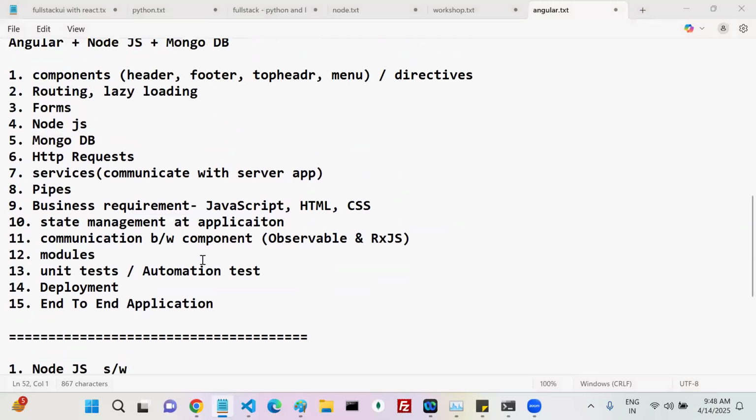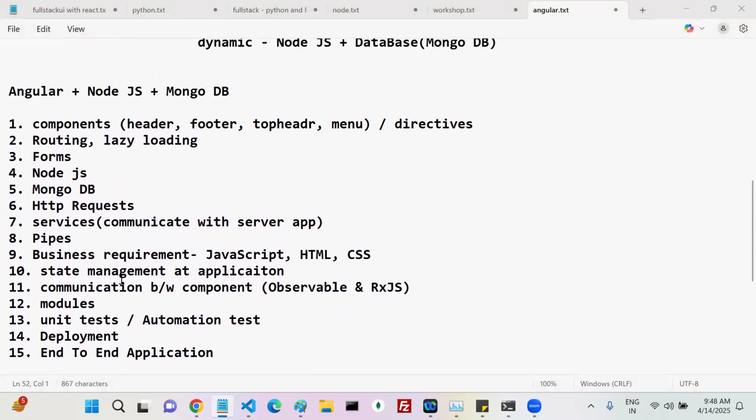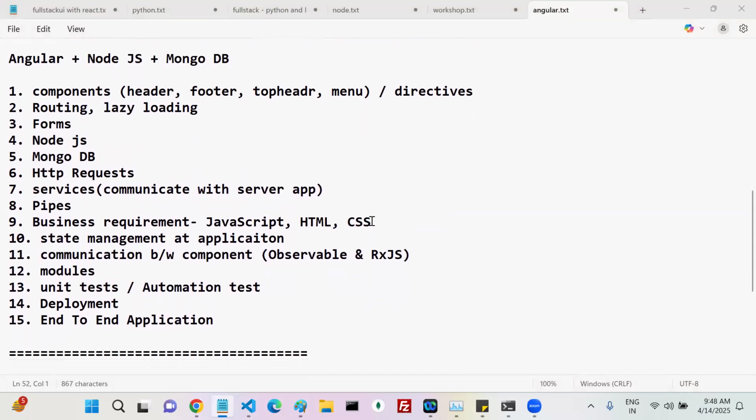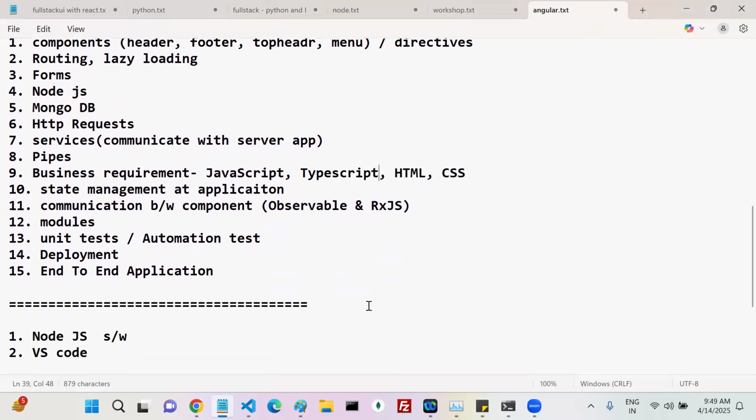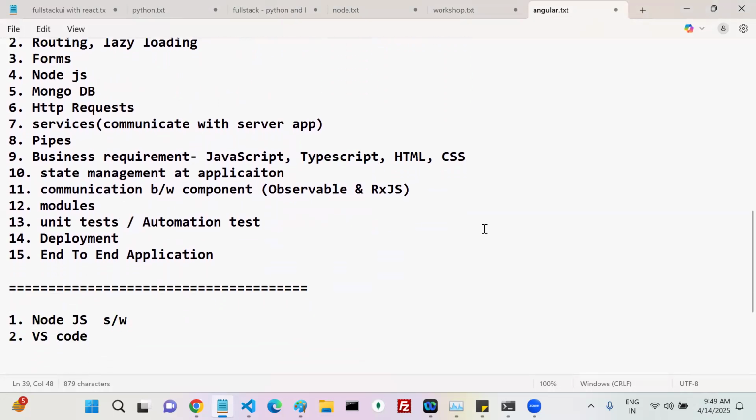We are going to write our code in TypeScript. That's why you wrote HTML, CSS, JavaScript somewhere. JavaScript is a subset of TypeScript, so we'll discuss TypeScript also.